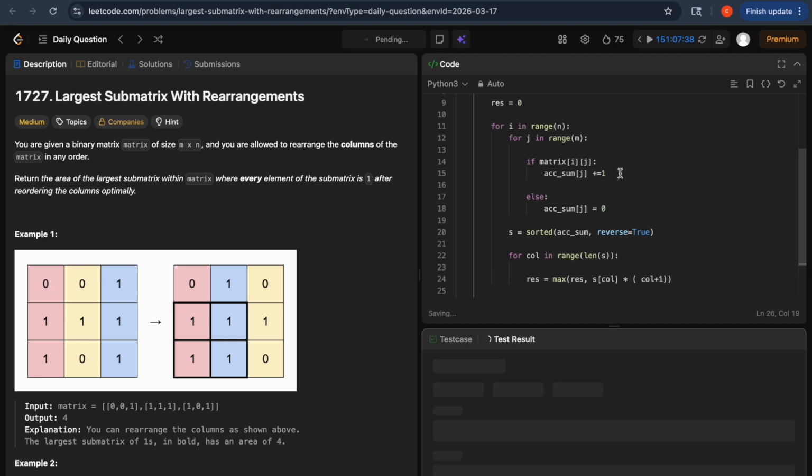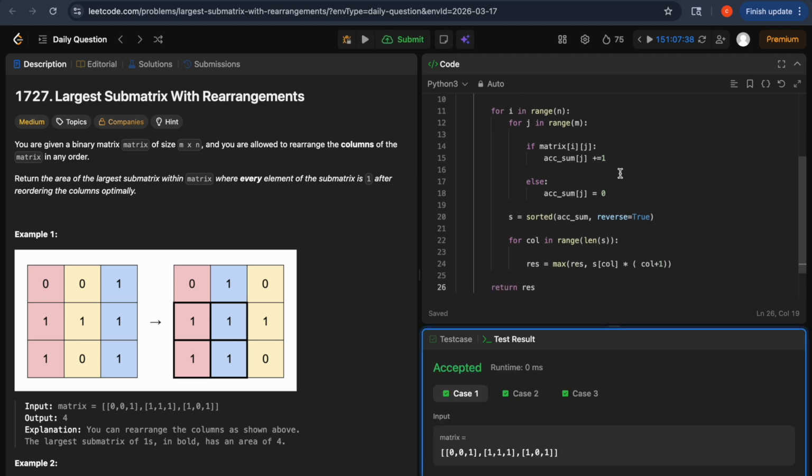So this is the entire code. Let me run it and submit it,